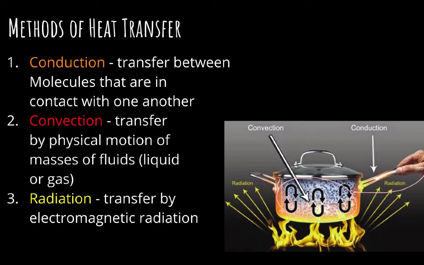And then the last one is radiation. Radiation is transferred by electromagnetic radiation. In this case, you have the heat, the fire underneath the pan, and that's transferring by electromagnetic radiation, so it doesn't have to be direct contact. So when you go outside and you feel the heat of the sun, that would be an example of heat